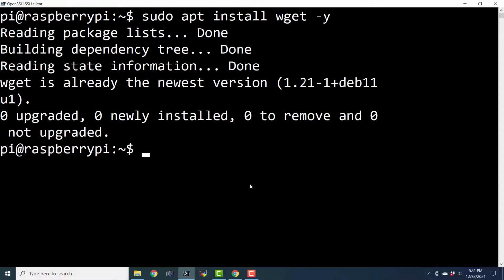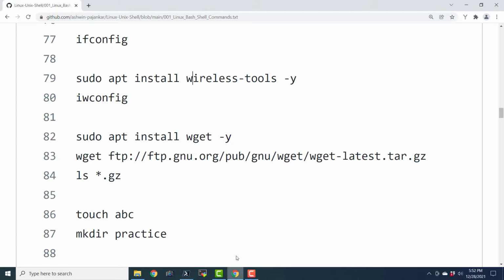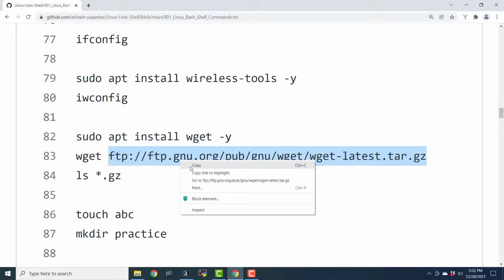Now we can use this wget utility to download the contents at a specific location from any FTP site on the internet, on your local network, or within your intranet. The syntax is wget and the address. I had shown you the text file, so I'm just going to copy this.